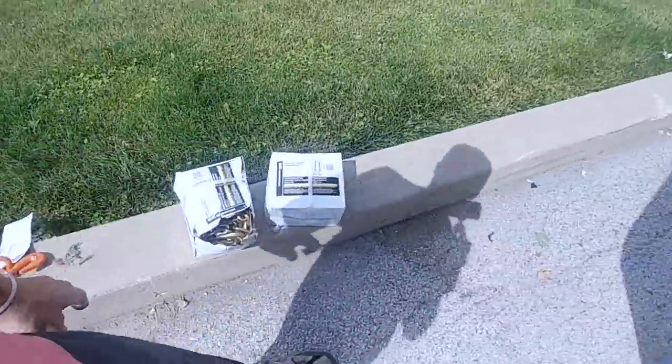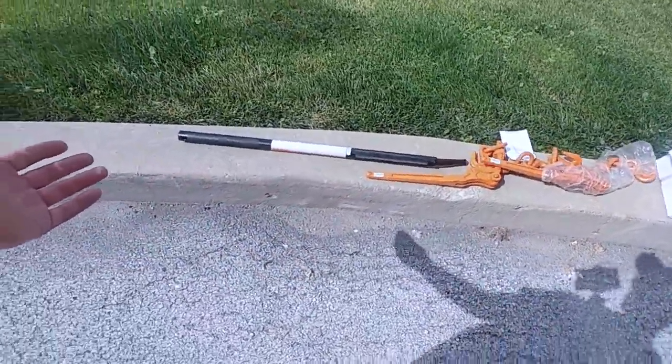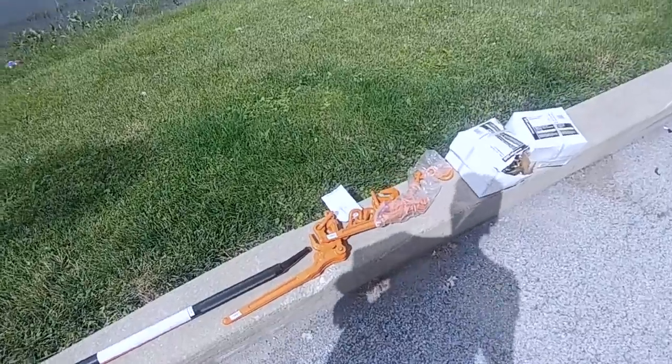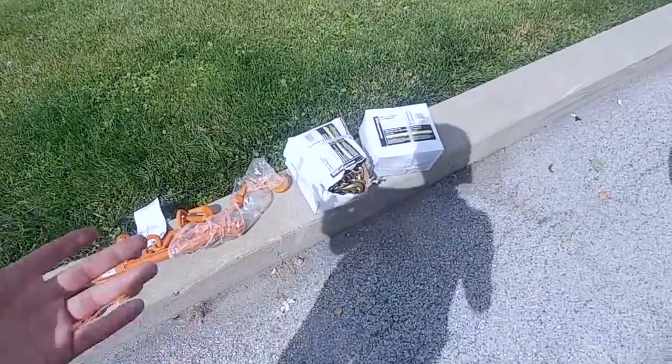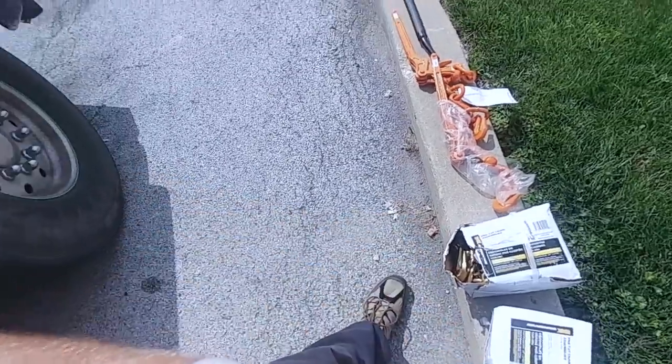Now, how much do you think this cost? The bar, 2 chains, 3/8, 20 feet long, and 2 binders. Doesn't look like a lot, but to get these goodies, I spent $256 US. So chains were about 65 bucks, but yeah, they're expensive, but this is very good quality. I like those, and they're 20 feet long. I can cut them in half, and I can have 4 10-foot long chains. And basically after this trip I'm gonna retire